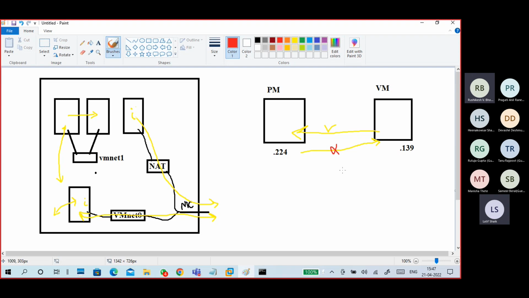But when I ping from this machine to that machine, it shows request timed out. Request timed out means most likely the physical machine is not available, too far, unable to reach, and so on. There can be different meanings. But in this particular practical, based on our output, you can communicate from one machine to another, but from the other machine back to ours, we are not able to communicate.